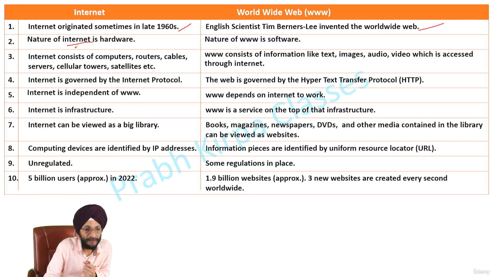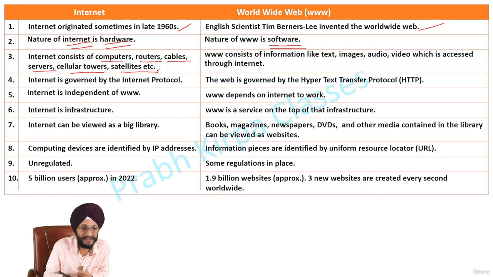The nature of the internet is hardware, whereas the nature of World Wide Web is software. Because its nature is hardware, it consists of computers, routers, cables, servers, cellular towers, satellites, etc. Because the nature of World Wide Web is software, it consists of information like text, images, audio, video,